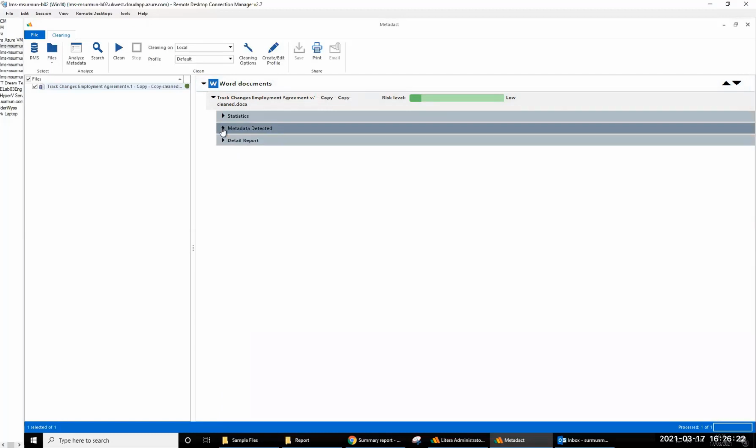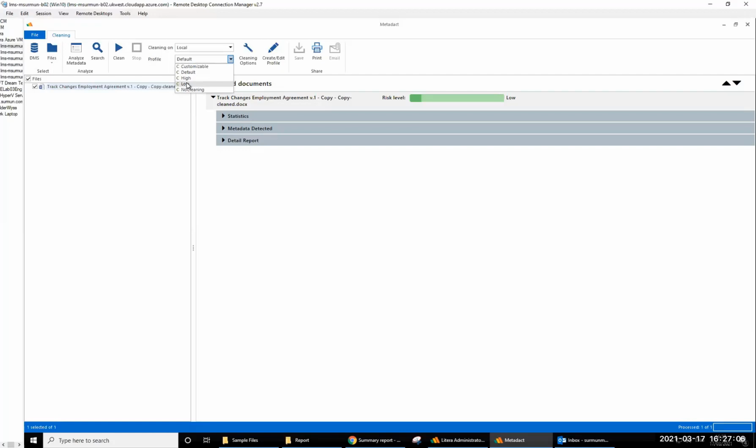Any questions at all on the Metadact desktop application? Can I have multiple profiles? Yes, so you can. Out of the box, we have default, high and low. Default contains our default recommended settings. High will clean more metadata, and low will clean less metadata. And it may be that you have additional profiles or ones that your IT department have created, sort of customized for your firm. So yes, you can